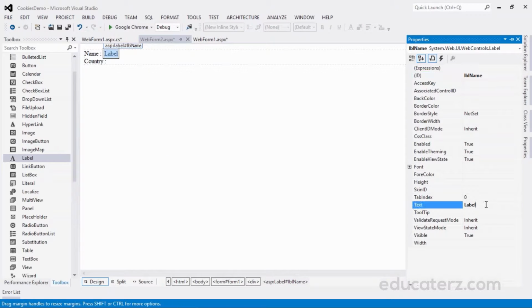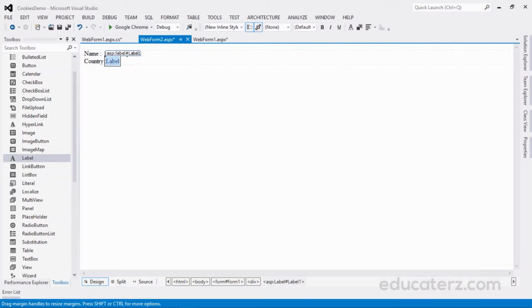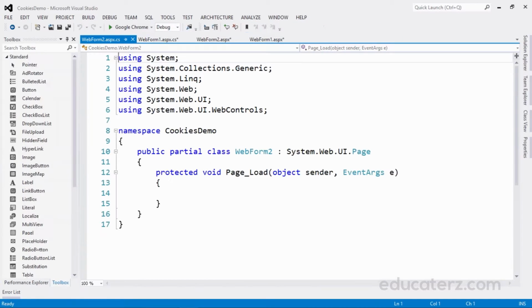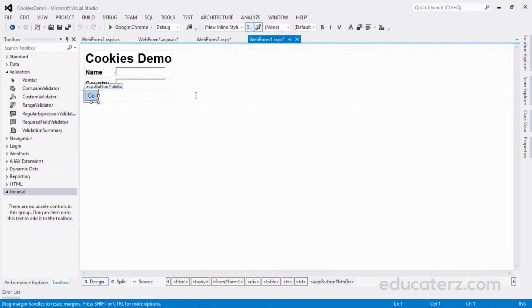I want it to be coming from web form 1. In a similar manner, let me take another label to display the country, lblCountry, I don't want text. That's it. When the page gets loaded, we want to see the data which is added in this place. Whatever the user enters here, we want to show that.